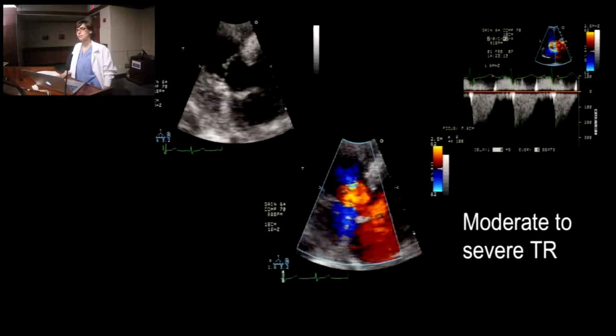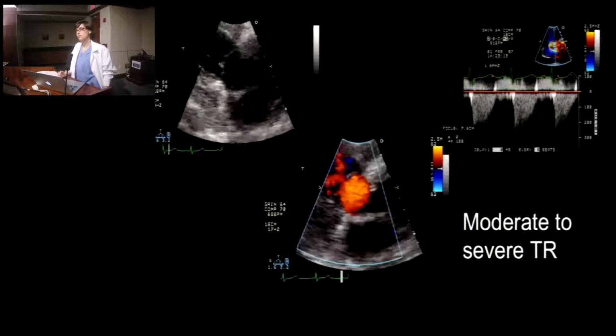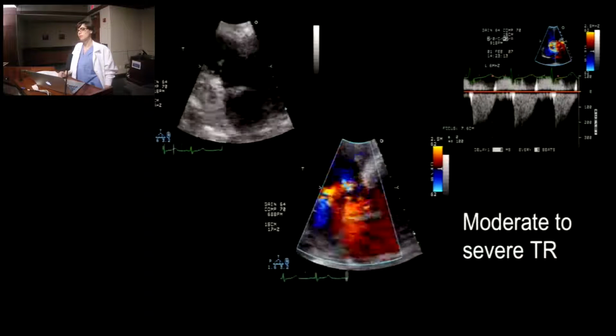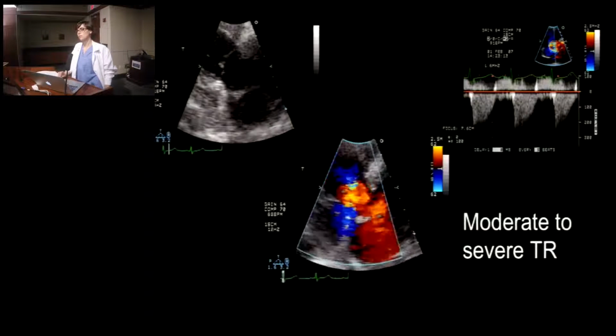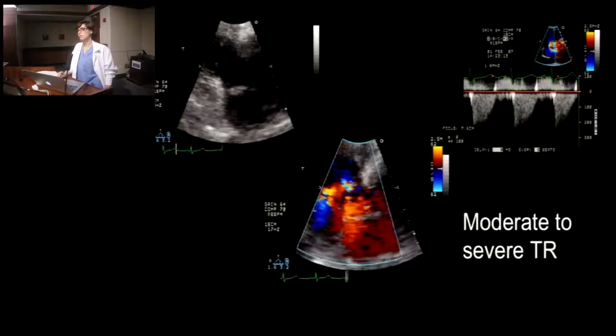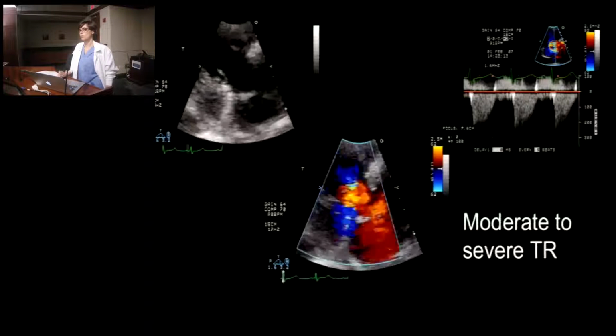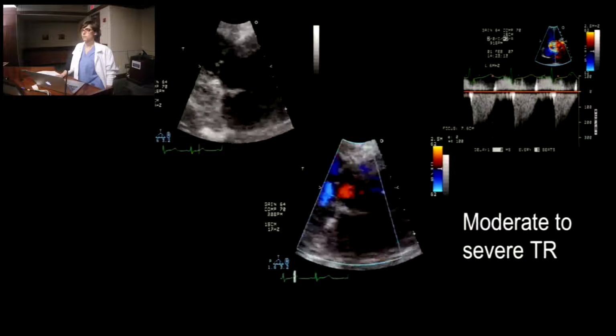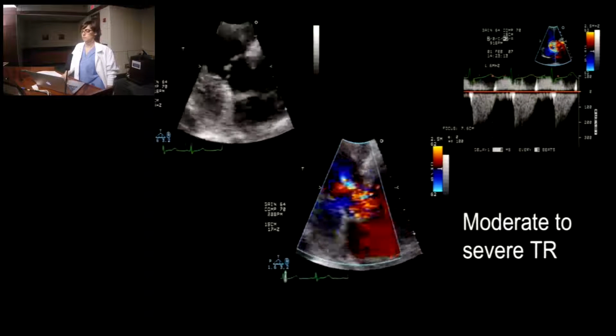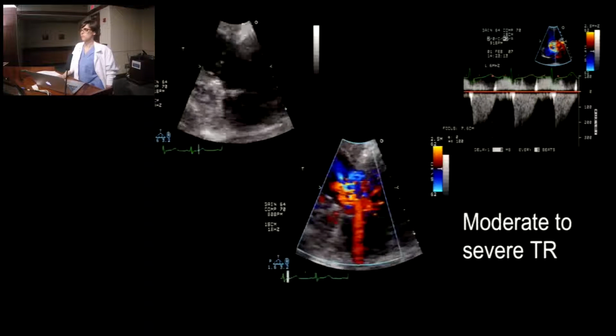So I guess one format question is, would it be appropriate to interject some questions as you present them? For example, here you could ask a question. You don't have to stop for an answer, but you could say, at this point, this was called moderate to severe TR. Do you agree? You don't agree? Is there sufficient data to support it? And then leave it open and come back. So you start planting the question that you want to discuss.